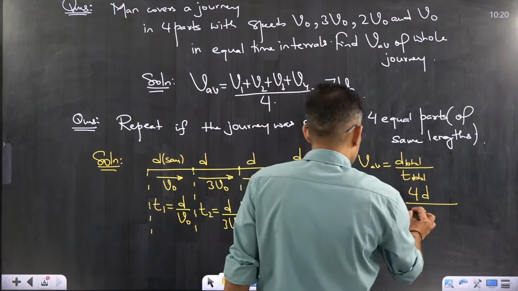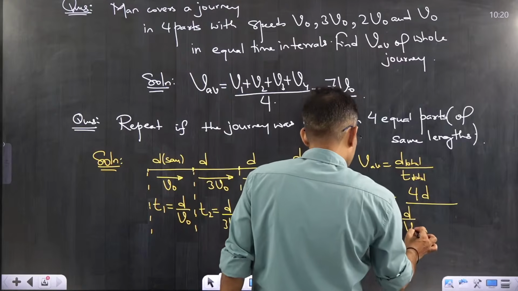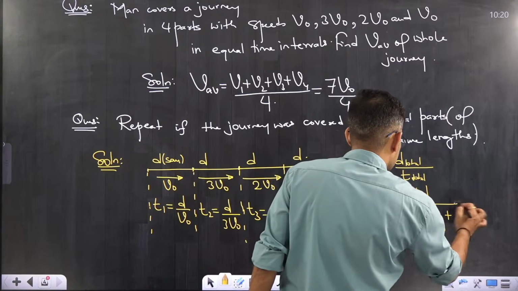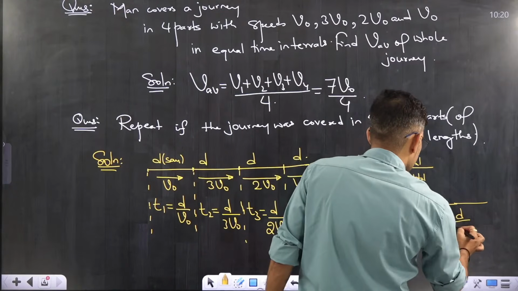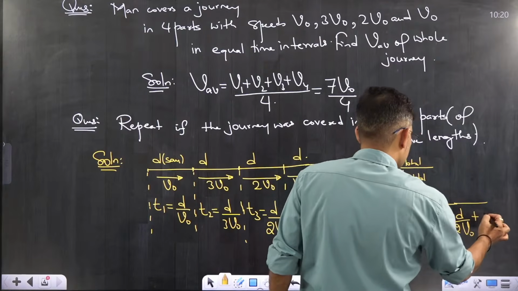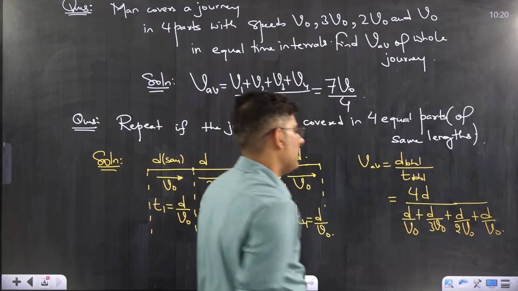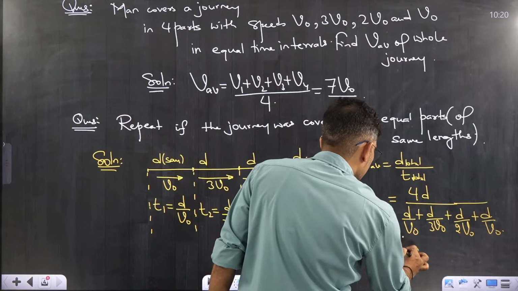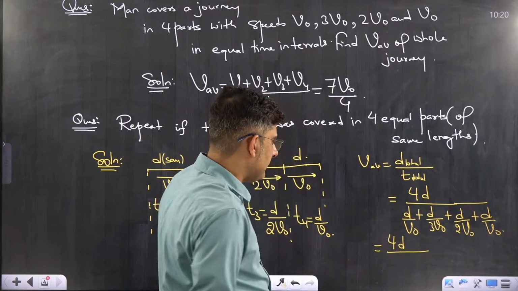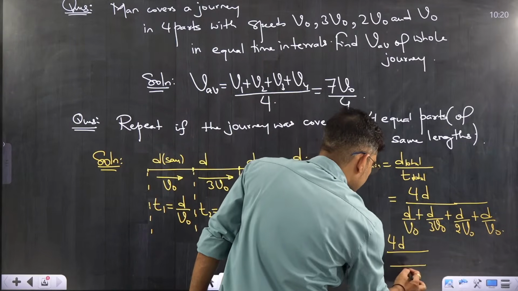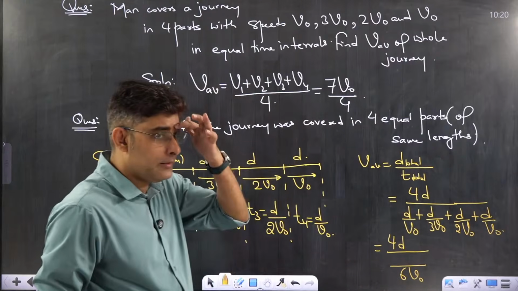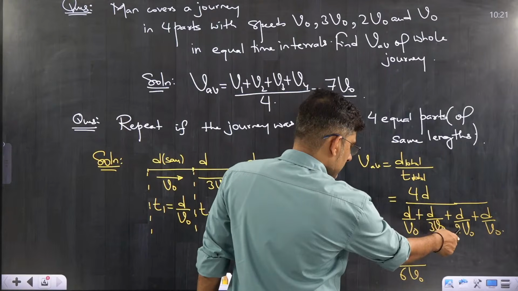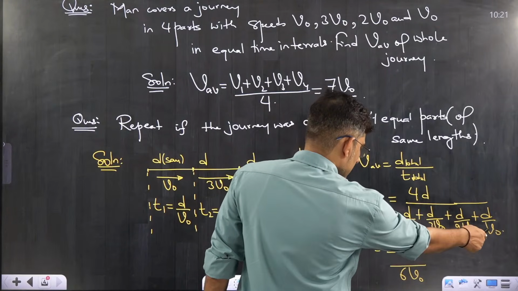If you add all the 4, D by V naught plus D by 3 V naught plus D by 2 V naught plus D by V naught. This is what we have to do. Fine, correct? So here we can see in the numerator we have 4D, and if you take the LCM in the denominator, 3 2s are 6 V naught, 3 2s are 6 V naught. So you can see 6 plus 2, 8 plus 3, 11 and 6,